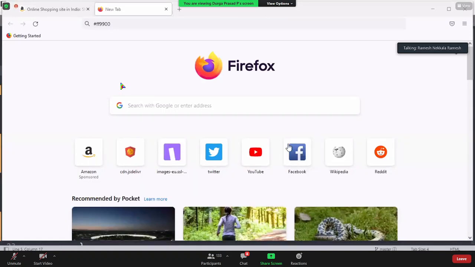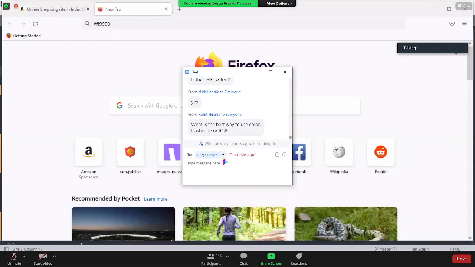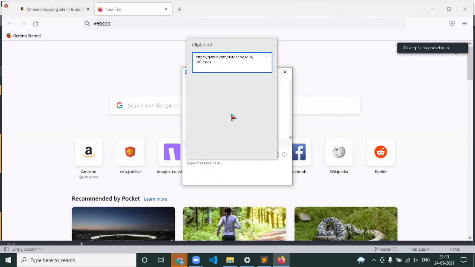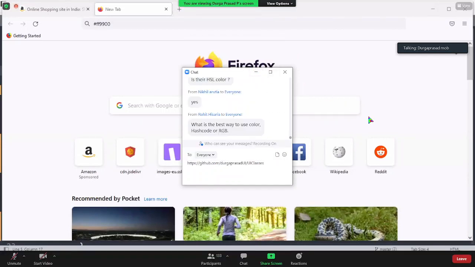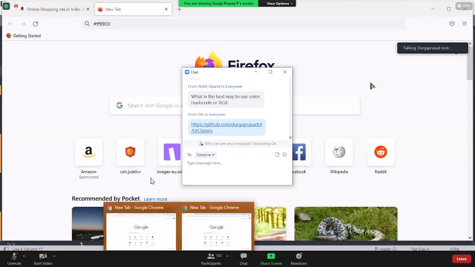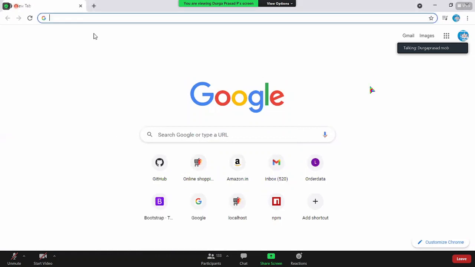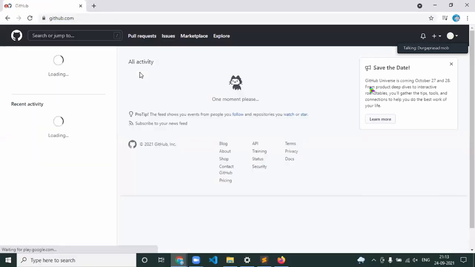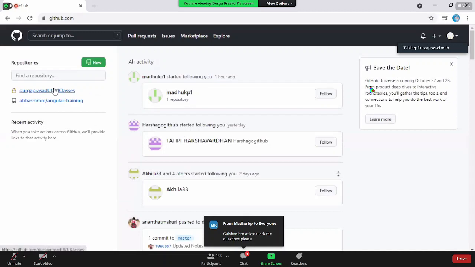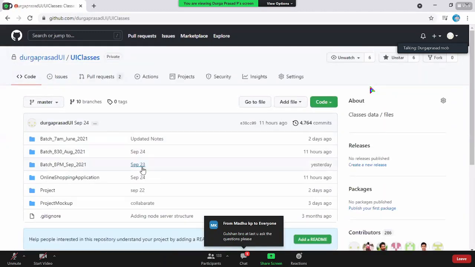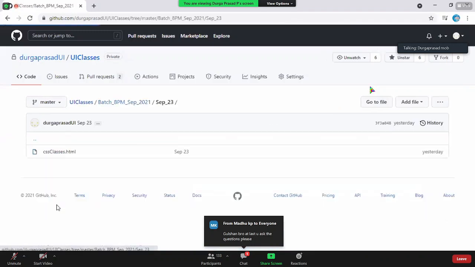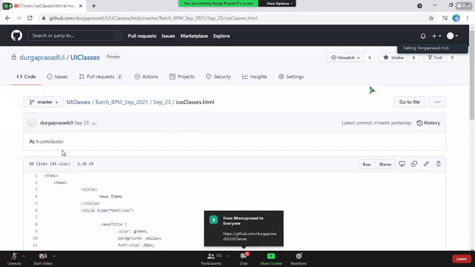Okay, one more thing. Thanks. So let us go for the GitHub desktop part, guys. Till now, anytime you are looking into a piece of code, I'm asking you to go to the github.com URL and go through the links. Say, for example, today I have already submitted the code. Now what you have to do is go to the 8 p.m. code, say, for example, September 23rd. Now I have the CSS and HTML. You need to copy or download this file, and then run the code on your local machine. That is a painful job.